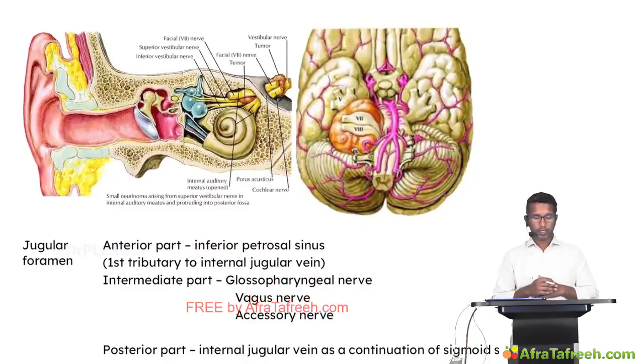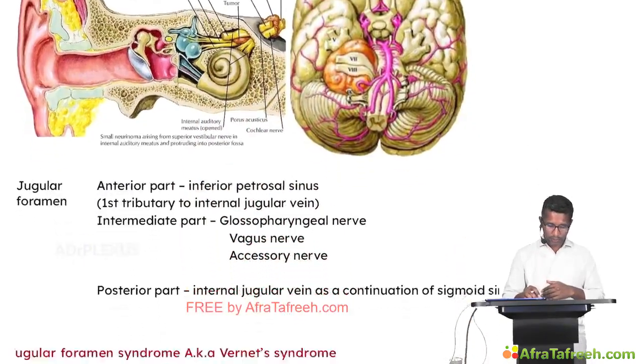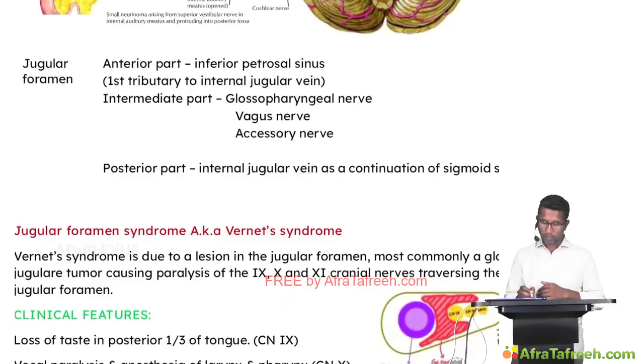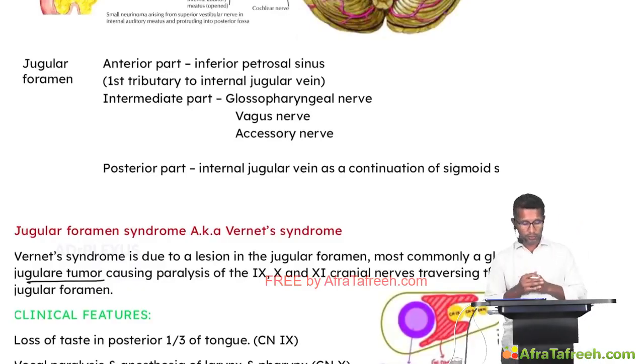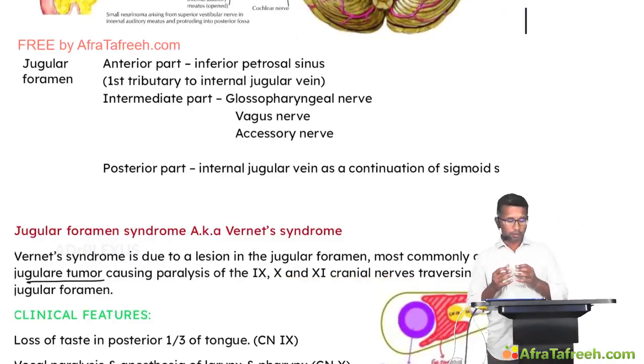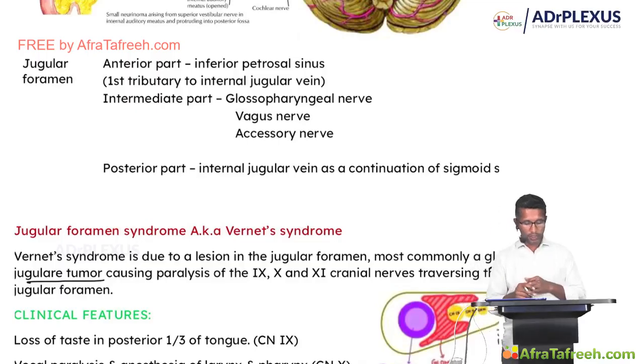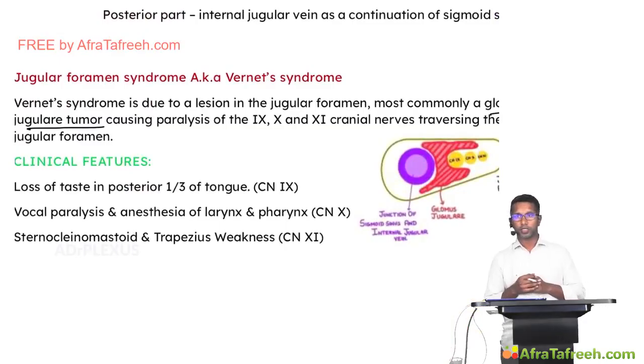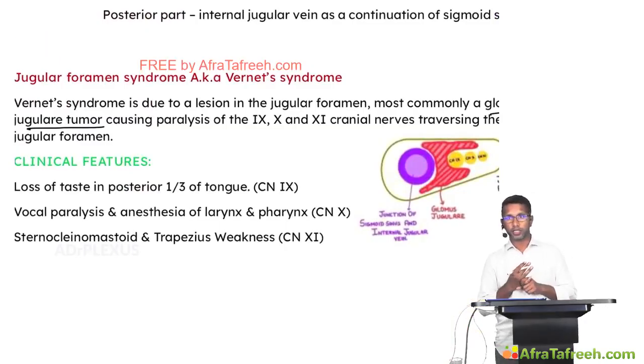There is a common tumor called a glomus tumor, which can compress the structures in the jugular foramen, and the nerves traversing the jugular foramen are affected. You know that there are three nerves which traverse here,